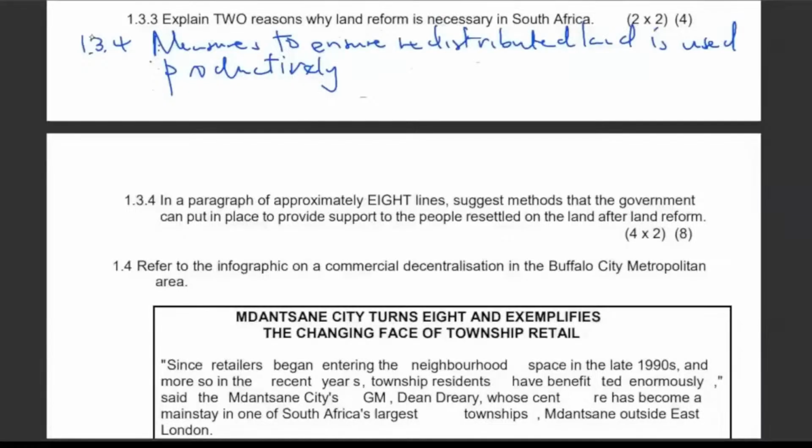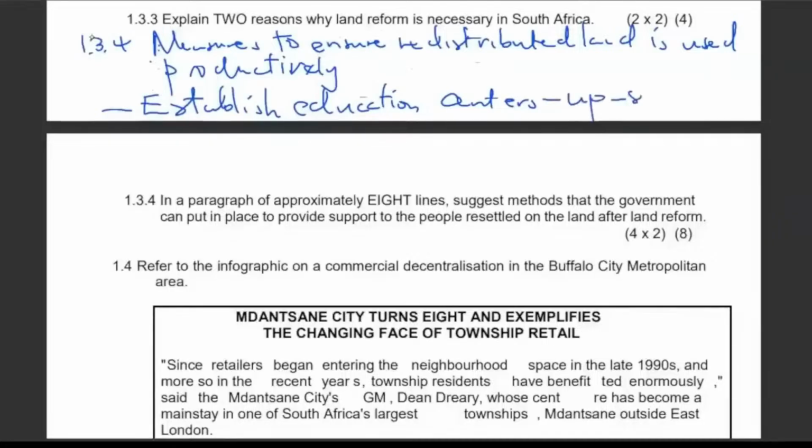Right, then also we need establishment of education centers, which is necessary for upskilling. In those communities where there is land redistribution, the government must try to establish education centers, like centers whereby farmers will get equipped with skills on how to utilize the land, whereby farmers are trained on different methods of farming